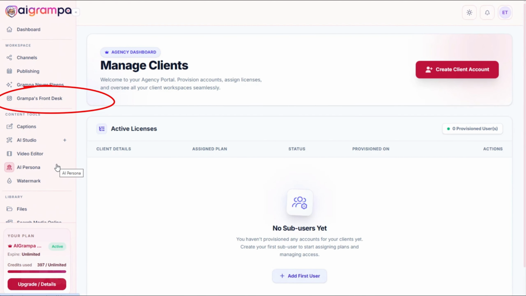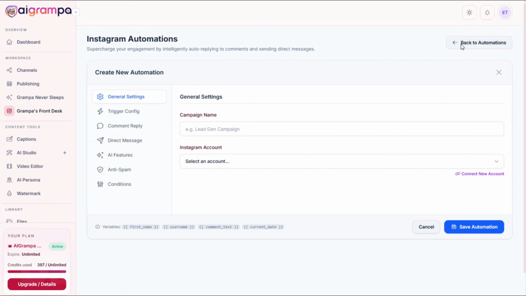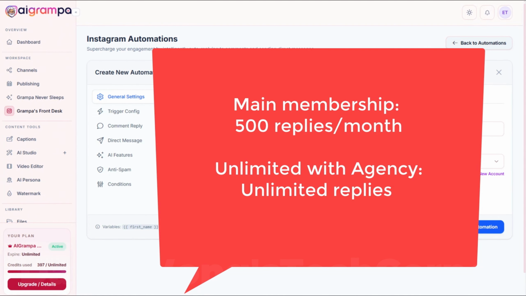One of the other tools that is getting upgraded to unlimited is Grampa's front desk. So the comment and DM automations that you can create will now be unlimited as well. So with the main membership, you can have up to 500 automated replies per month. So whether it's comments, direct messages, whatever, up to 500 a month, which is great. But if you have clients or if you have multiple accounts, that can fill up in a hurry. Here with unlimited, you can set up these automations and it'll run an unlimited amount of times, which is great